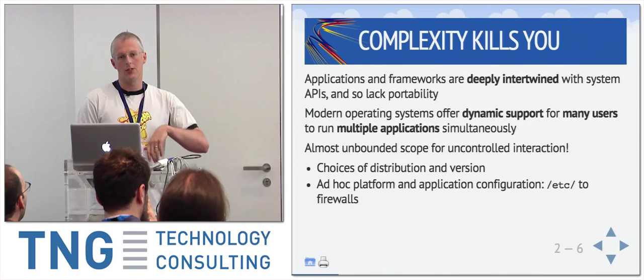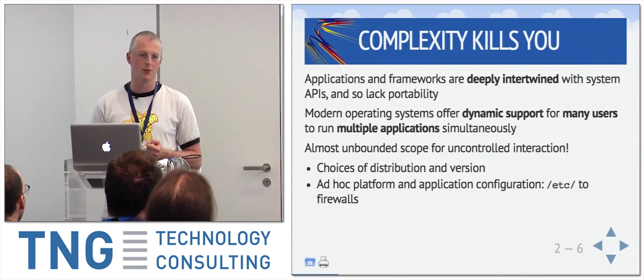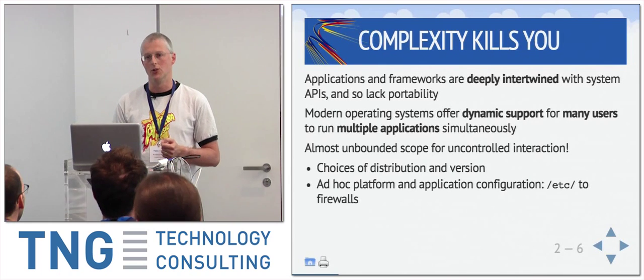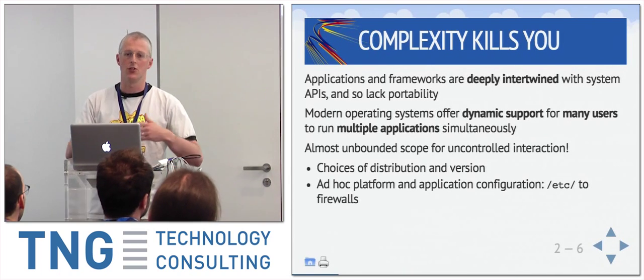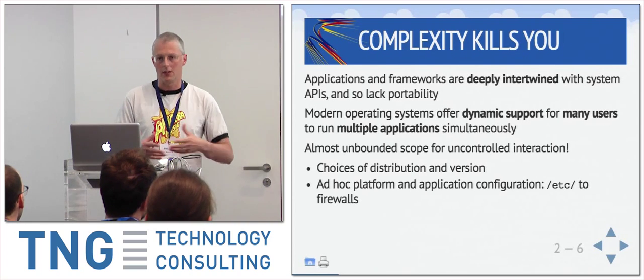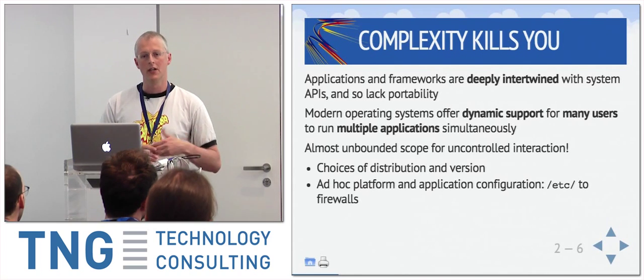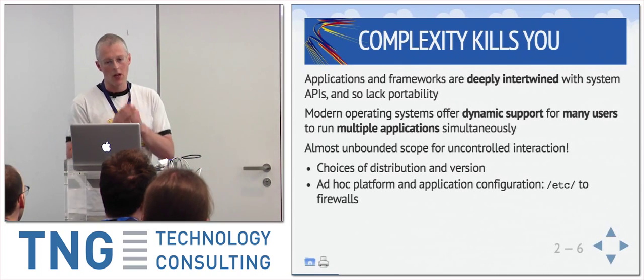So you can choose different operating systems. You can choose different distributions for your operating system, different versions of those distributions, different versions of your libc, different versions of OpenSSL, different versions of all these other system libraries. And you need to make sure that the set of things that you're using is going to work well together. And you need to remember to upgrade the things where vulnerabilities are discovered. You need to remember to manage those deployments.